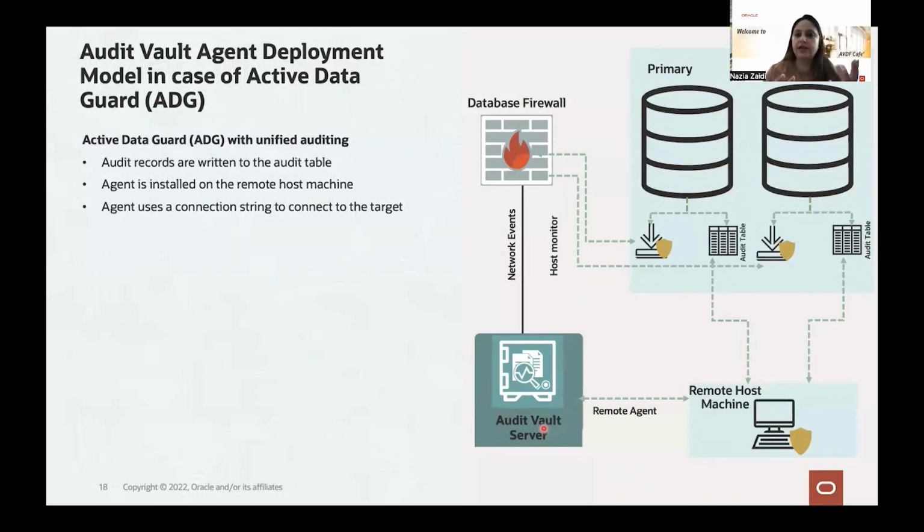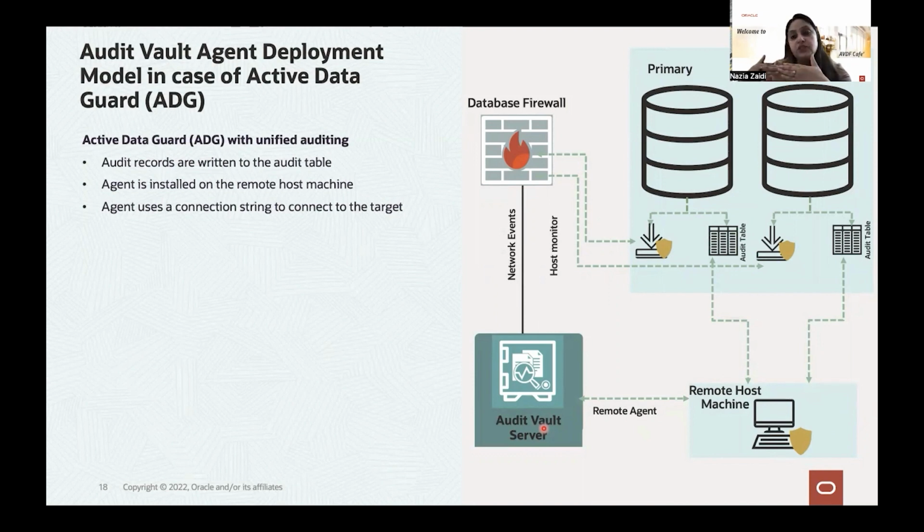So let's say you have one primary database server and you have multiple standby database servers in case of active data guard. So rather than having agent installed on each database server, you can have agent installed on a remote host machine, and